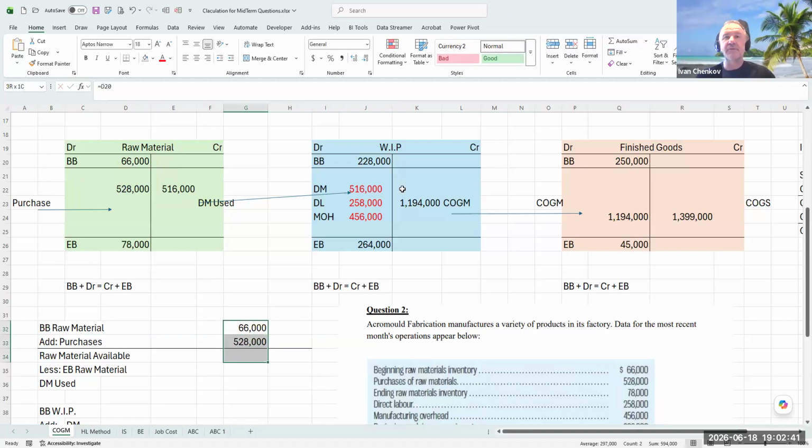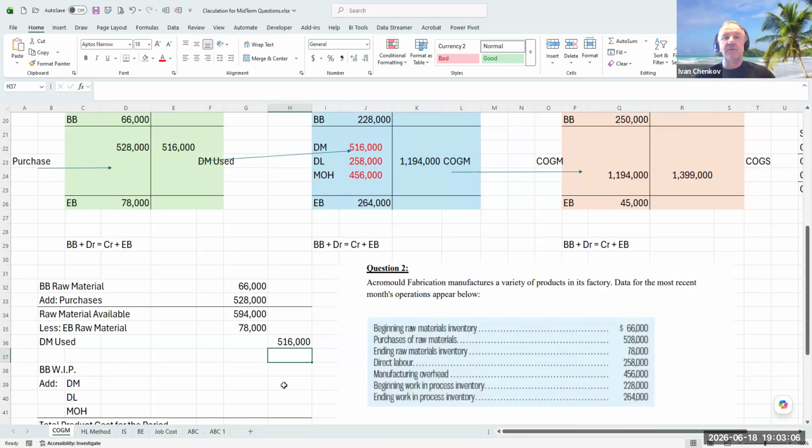Once we get those two, we're going to get raw material available. Available for use. And once we deduct the ending balance, we're going to get direct material used. This one minus that one is going to give us direct material used. So either you can keep going with the calculation, or you can just get the information from the T account. Once you do that, then you start going with the